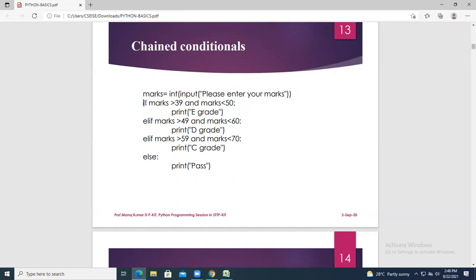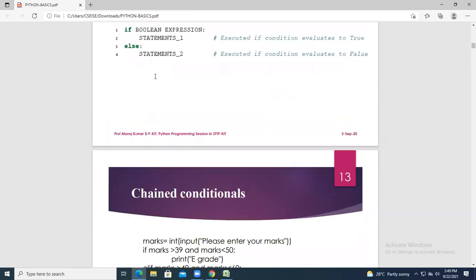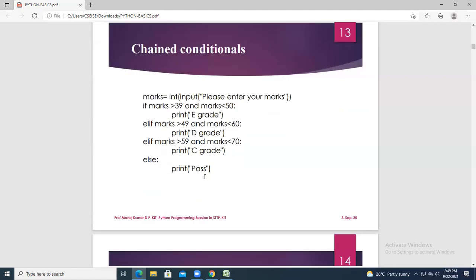Similarly, for the for also, there will be a colon. Finally, the else part also has the colon followed by a print statement. So this is called chained conditional statements. This is the program syntax we have gone through, and here you have come across if, else and also the elif part. Everything is discussed in this particular example.